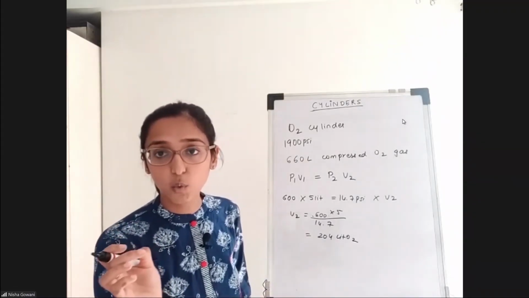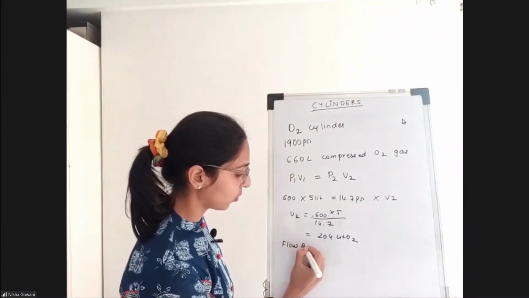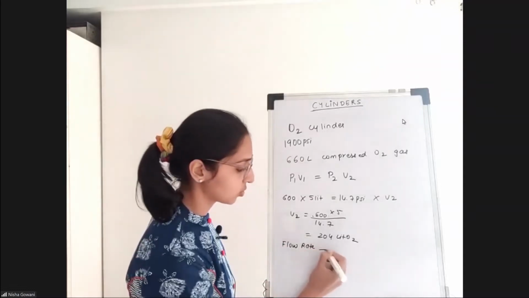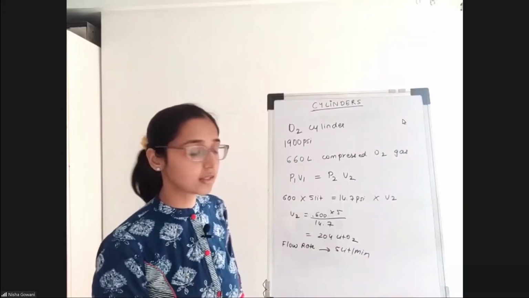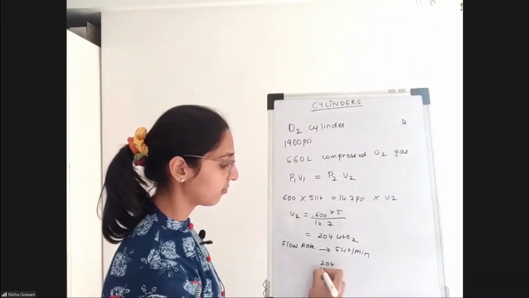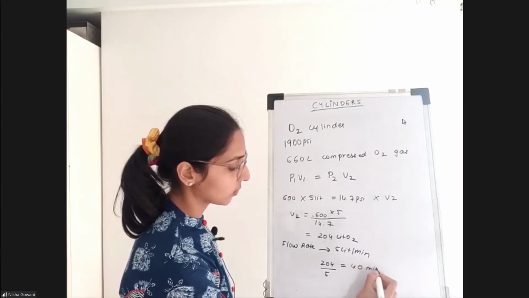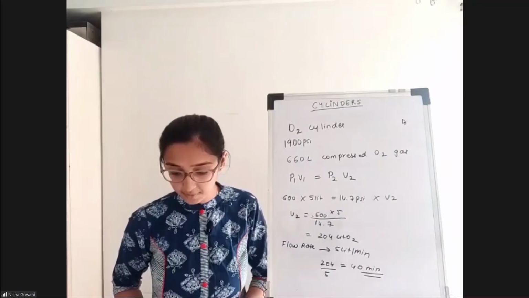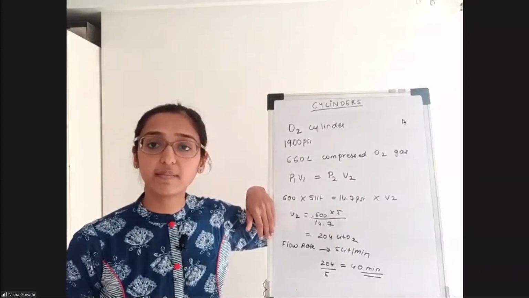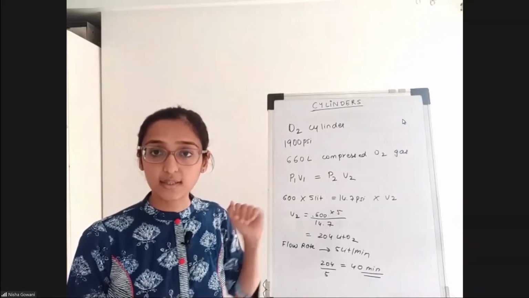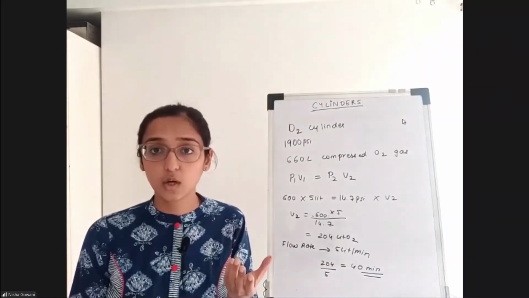If your flow rate is, suppose, 5 liters per minute, we have to see what our flow rate is on the flow meter. If it is 5 liters per minute, this is an example, how many minutes will the cylinder last us? You have to do 204 divided by 5, which will give you around 40 minutes. So this cylinder will last us approximately 40 minutes at a flow rate of 5 liters per minute. This was just an example to understand how you calculate the amount of oxygen left in the oxygen cylinder and how long this oxygen will last you.